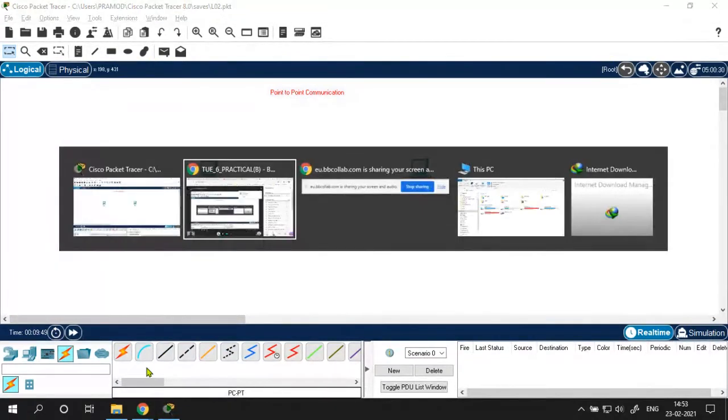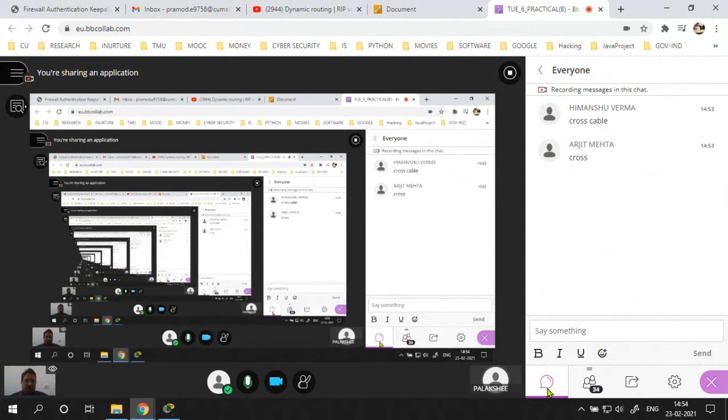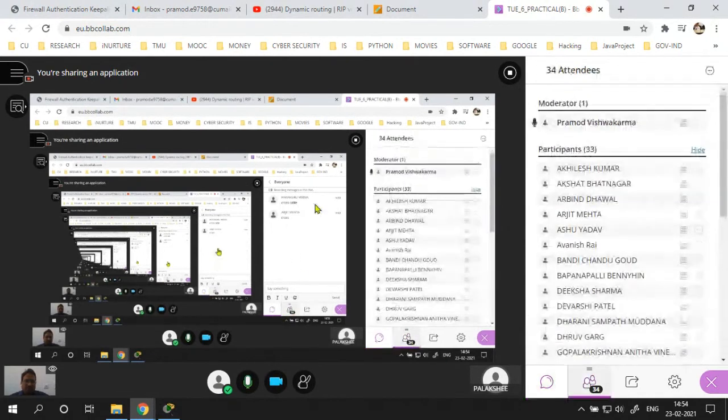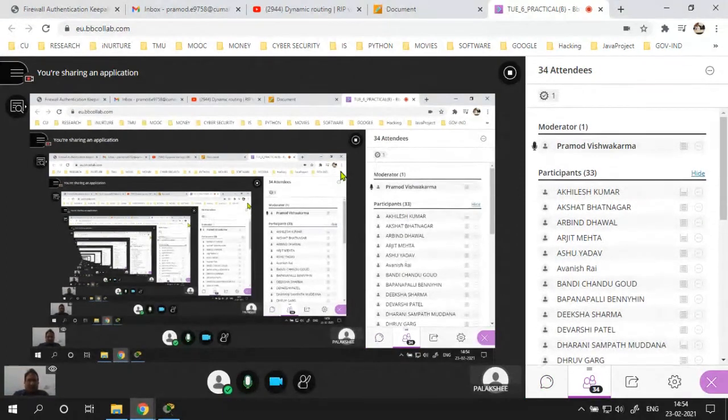So I'm returning to the chat box. Can any one of you reply? I want to connect my two PCs. Which cable should I use? Himanshu is saying crossover. Whether he is right, crossover. Suppose I want to connect my PC to the router, switch to the router.